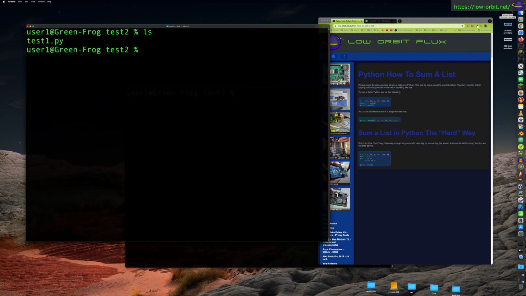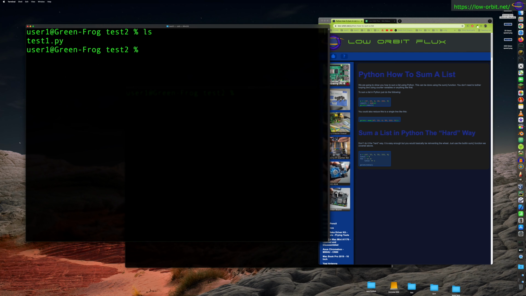But essentially, to sum a list, you can just call the function sum and pass the list to that function. And that's really all you need to do. It's that simple. So that's the easy way. There's a hard way to do it too, and we'll show you both ways. So I'm just gonna copy, and if you see this document on the right here, just check the link in the description if you want to see that document. Now let's just edit our script here and